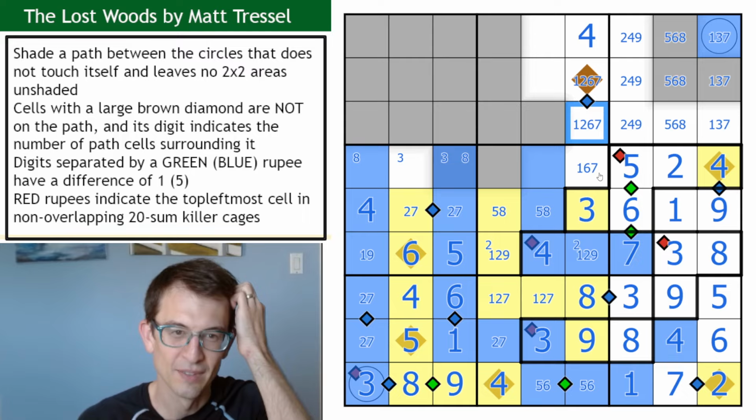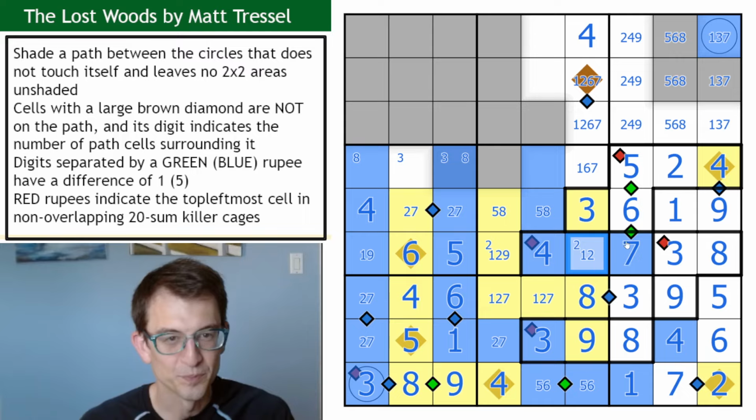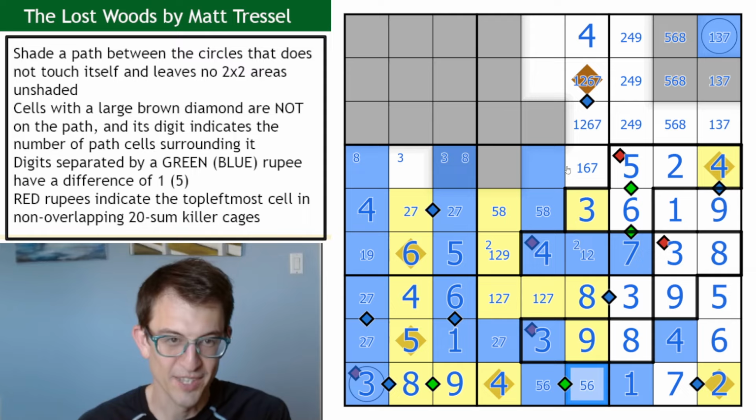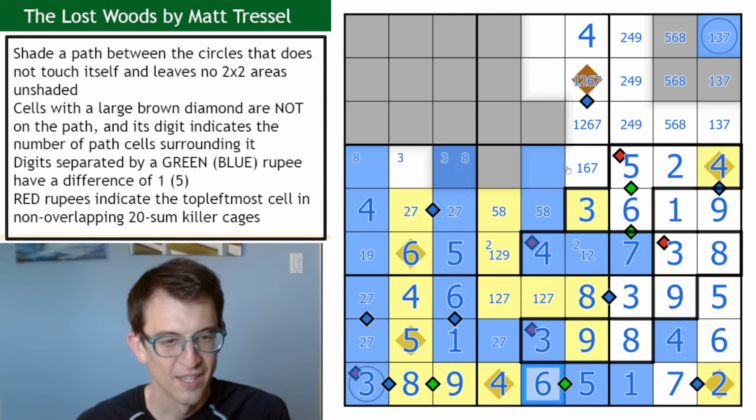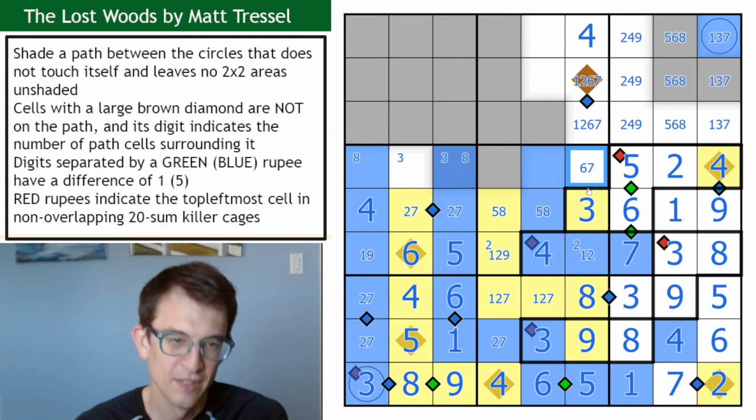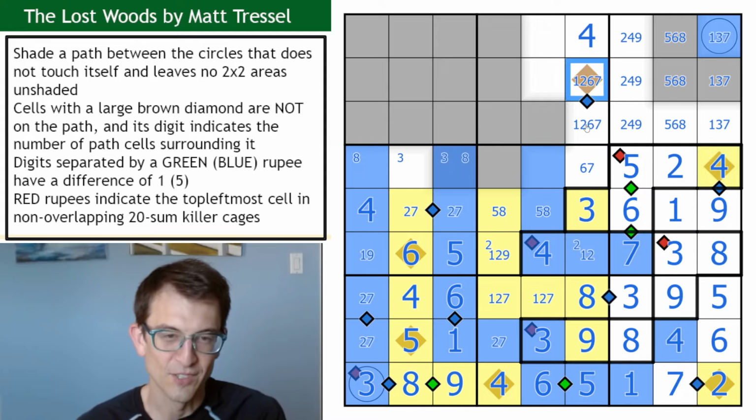I'm missing something. 9 is already done here. That's 1 or 2. And this has to be a 5 now, because it's the only thing in the column that works. And this can't be 1, because I'd have 1, 2, and a 6, 7 pair up here. Okay, well, let's figure out this path now so I can figure out this. There's no way that's 1. But I can just get rid of 1, 2 right away, just from